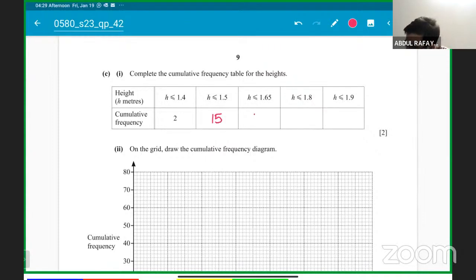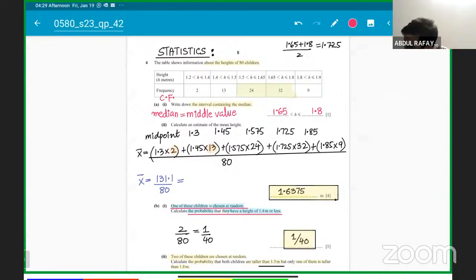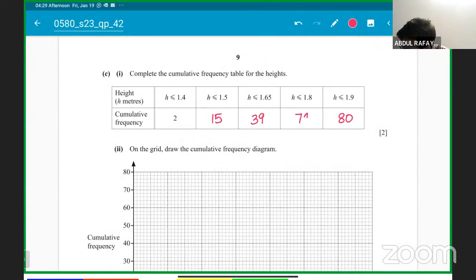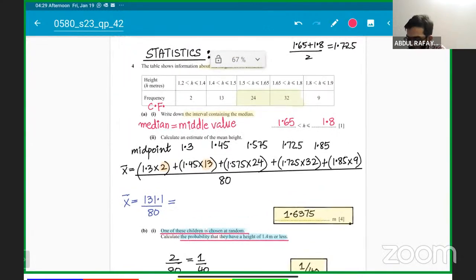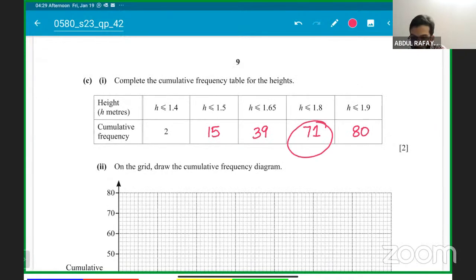Okay, 2 plus 13 plus 24, that will make it 39. This will be 80, the last one. And 39 plus 32 will make it 71. Okay, hope everyone knows how to put the cumulative frequency in this column. Any questions, anyone? Let me know on cumulative. You just have to add the previous frequencies, okay? There are 71 children, and how do you read it? There are 71 children who have a height of less than or equal to 1.8 meter. There are only 2 children who have a height of less than 1.4 meter,